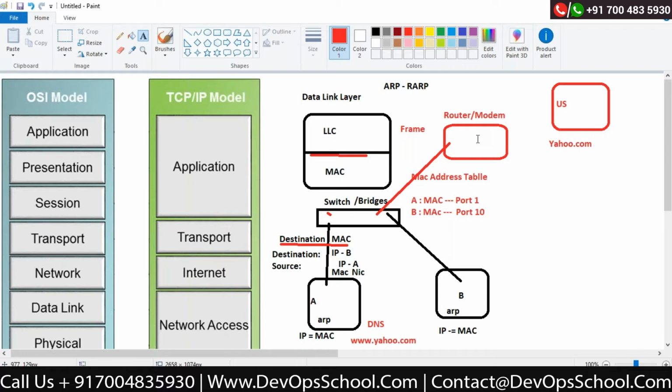But whenever I'm sending the data from the frame to other devices, I will hide the MAC address and promote the IP address to other devices which work on IP addresses. But if both devices are equal, then it does not hide the MAC address at all. It will put one more frame where it puts its own MAC address of the switch and the port of that switch where it is coming from, and send it to another switch. Correct? This is the function of the data link layer.